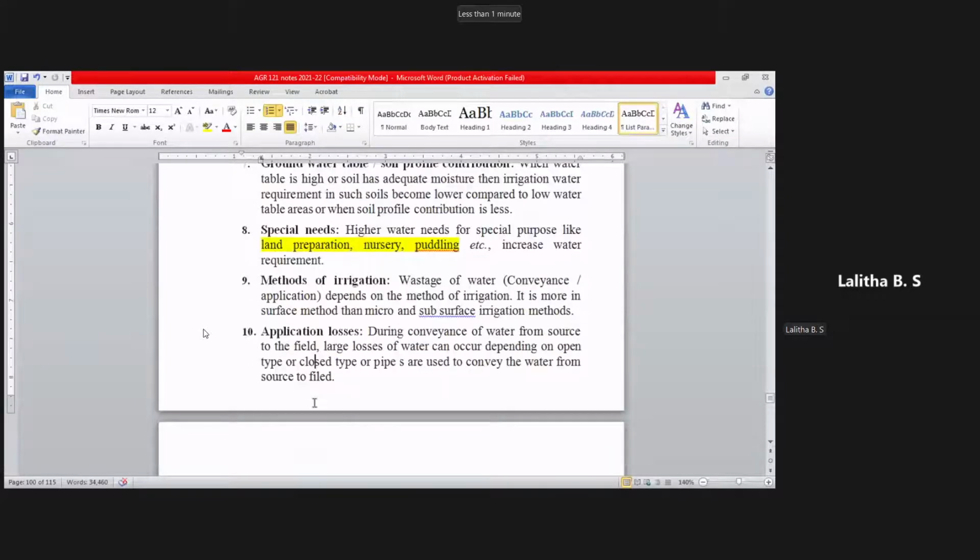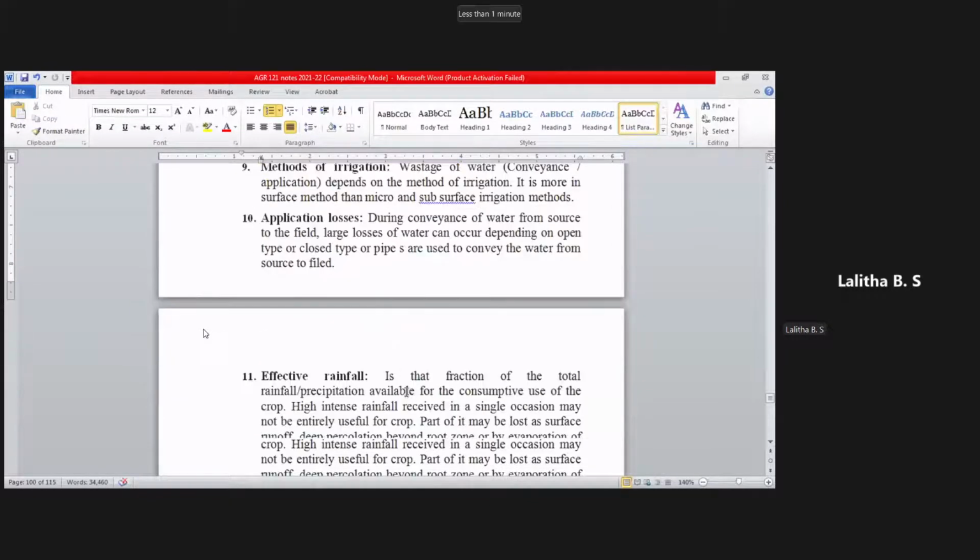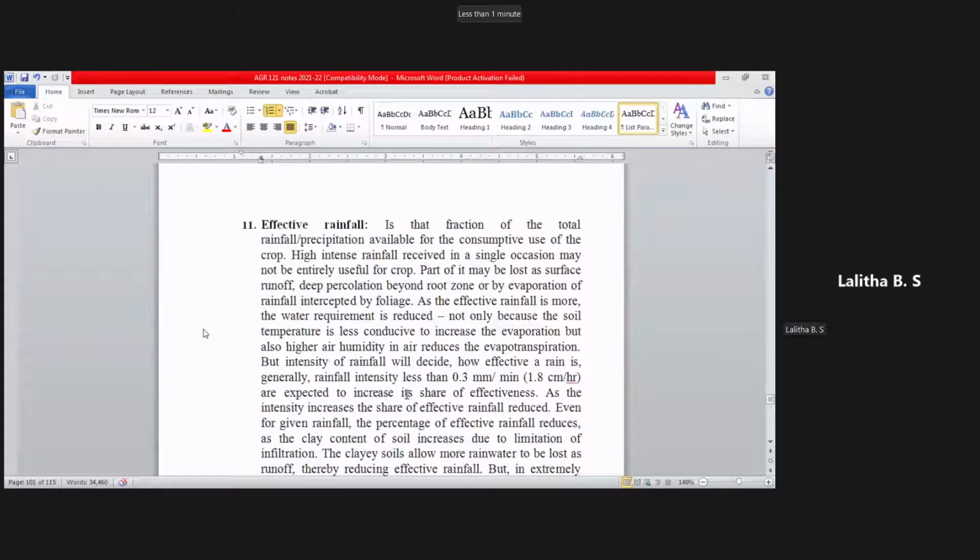Then again, application losses depend on the conveyance of the water from where we have taken it. Then again, last, the important one is the effective rainfall. The concept itself...